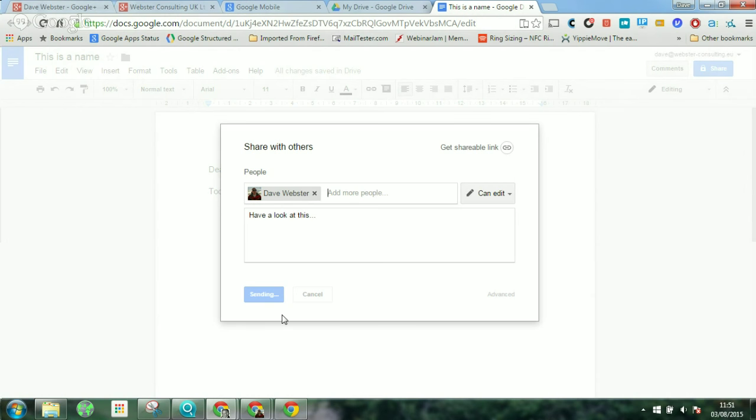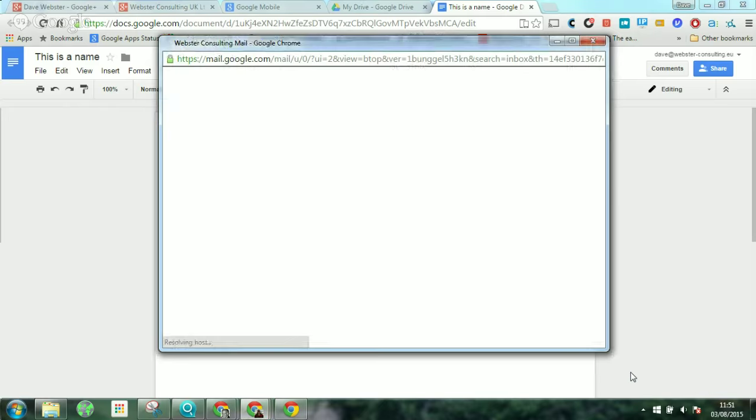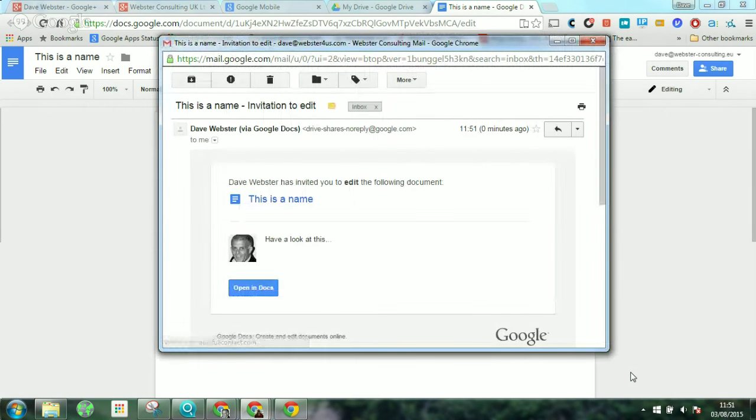and basically that sends an email to me with an attachment to this document. So hopefully, I've just heard the email come in. There it is. So there's the invitation to another email account. This is a little confusing. I have 2 email accounts, so it helps when you're demonstrating things like this. So this is the email that